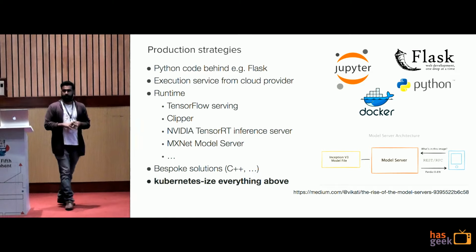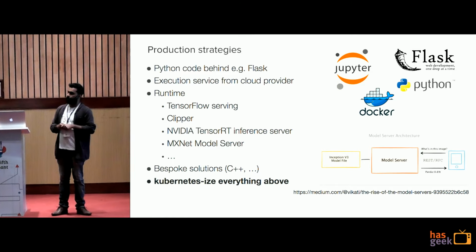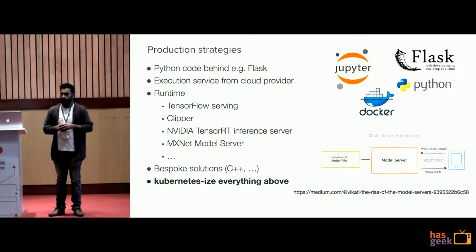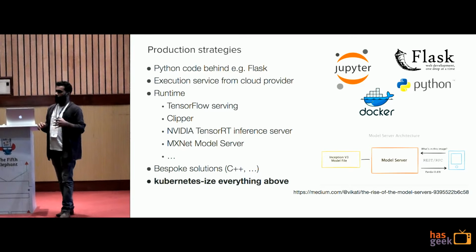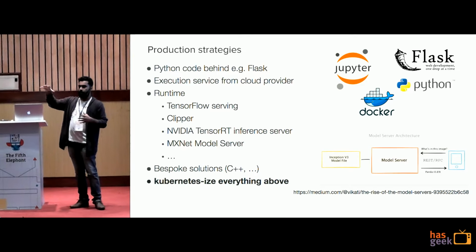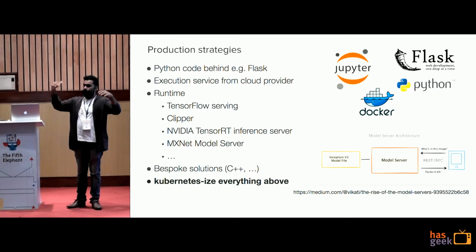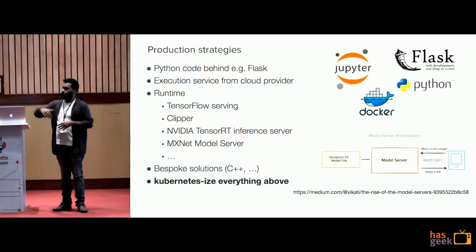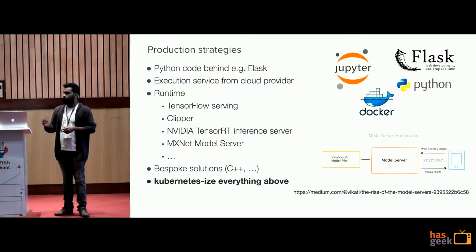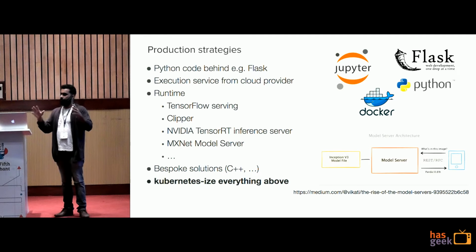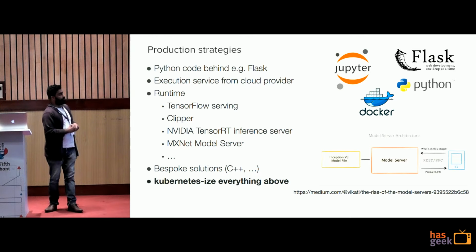These are the existing production strategies that we have right now. So what do you guys normally do? If you are an early stage company or a small company, you probably don't invest a lot into the DevOps side of it. Instead, you probably write a Flask or Django wrapper around your model and deploy that to production, correct? Which is good, but what if you want to scale? What if your server goes down? How would you know? These are all the problems you're going to have with the good old API system that you're going to make.